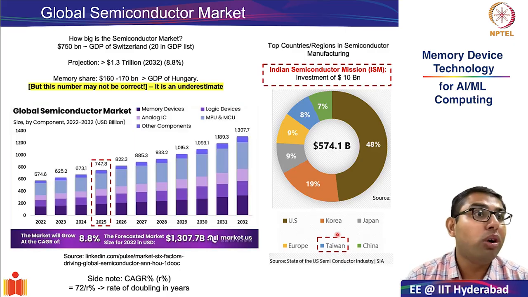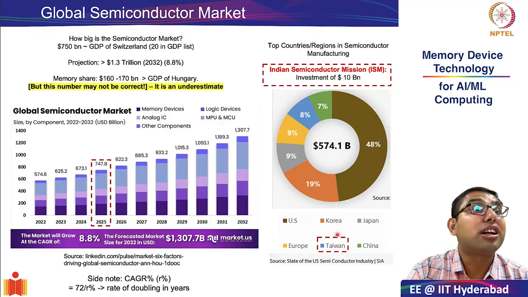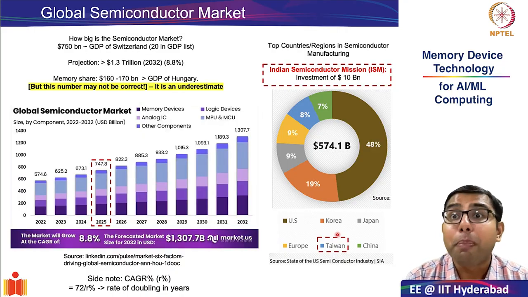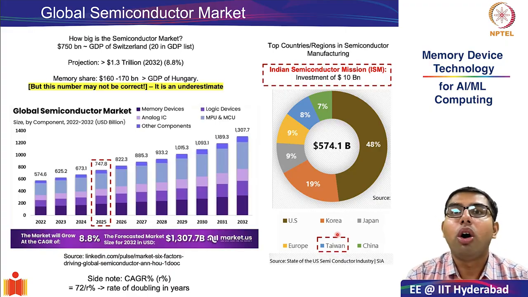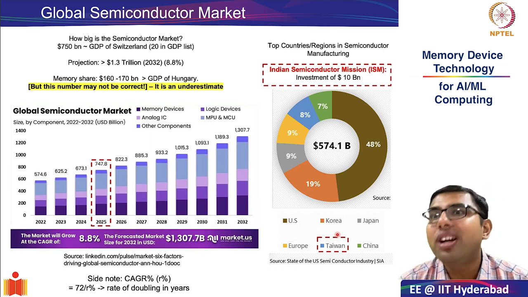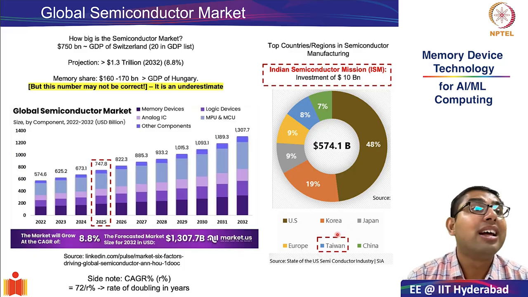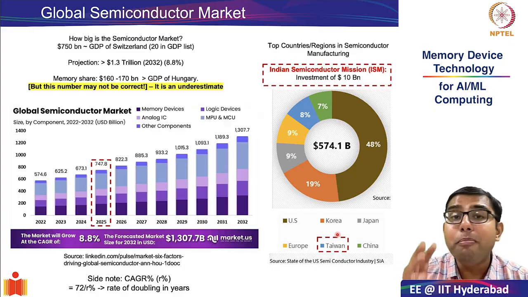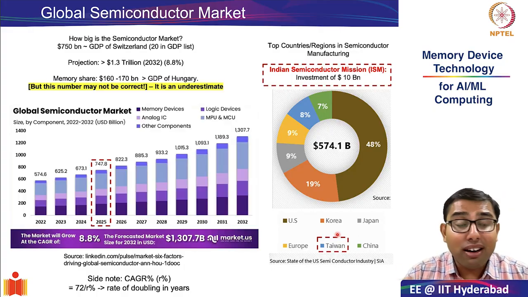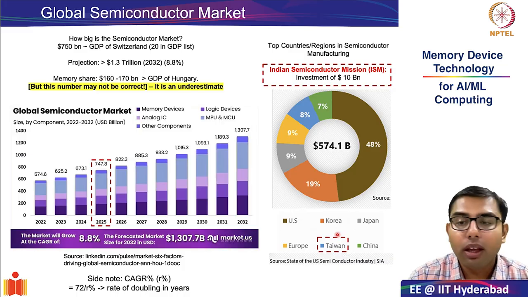Because if you really want to destroy the economy of a country, you can just disrupt the semiconductor supply chain. That is why all countries around the world, including the US through its CHIPS Act and our own country through the Indian Semiconductor Mission, are investing heavily in trying to make their own countries self-reliant on semiconductor manufacturing. So this is how important semiconductor manufacturing, and in some part our course, is to the overall growth of our country. Having said that,